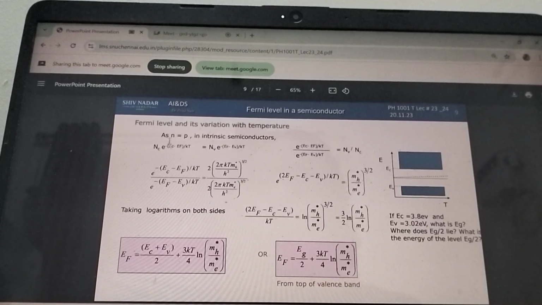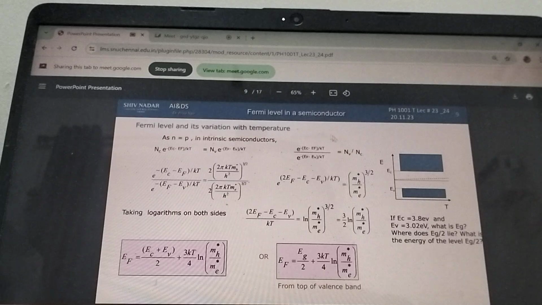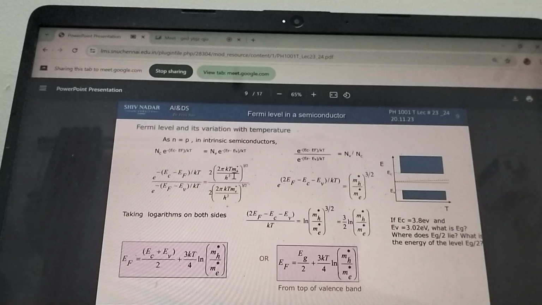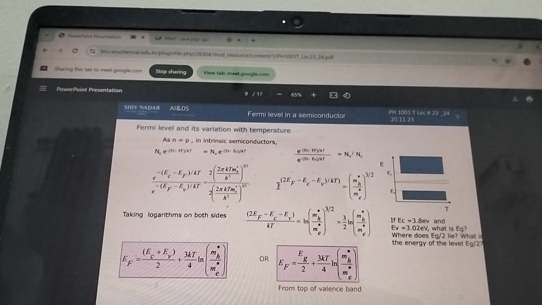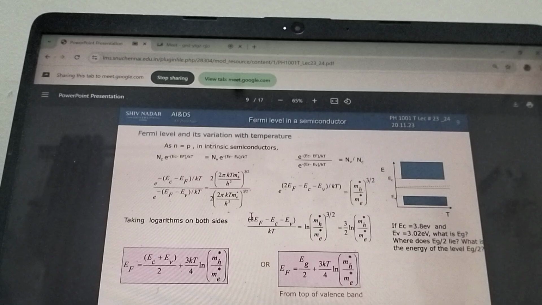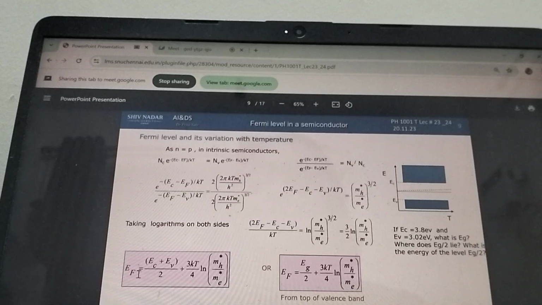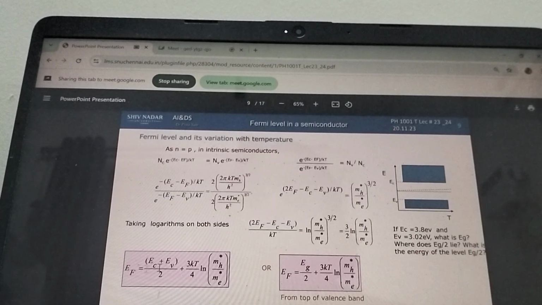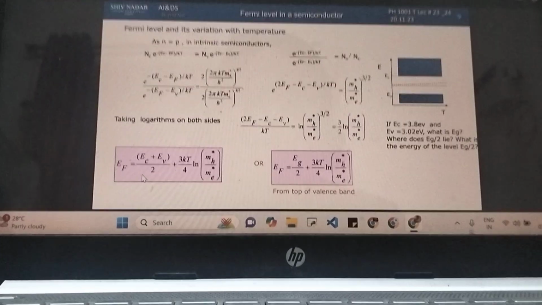So what did we just do here? We equated the number of electrons with the number of holes. We took all the e power terms on one side and the NV, NC terms on the other side. NV and NC we replaced with the actual constants. We cancelled whatever could be cancelled, and then when there was an e power term, we took a logarithm, and we just kept EF on the left side and sent everything else to the right side as appropriate. This is the expression we got. So for any given values of EC, EV and a particular temperature, if you want to find out EF, this is the expression. And one important insight which we need to draw from this